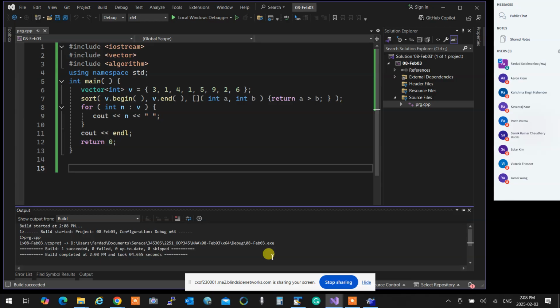All the things that we learned are going to end up in this. You learned how to use templates, because now you know what templates are. You use the standard template library. That's in your algorithm library. Sort is in the algorithm, and it receives two what we call iterators. We're going to see soon. Exactly like the range-based loop. The thing that you put at the beginning is called an iterator. So essentially you're saying: an iterator that points to the beginning, an iterator that points to the end, and now sort. And you are giving the condition to compare the two elements of the vector, and it does it for you